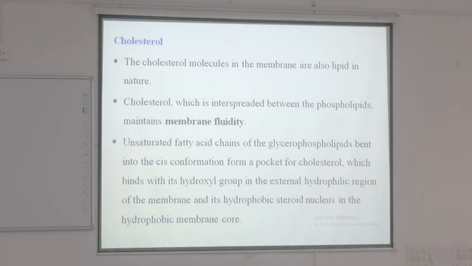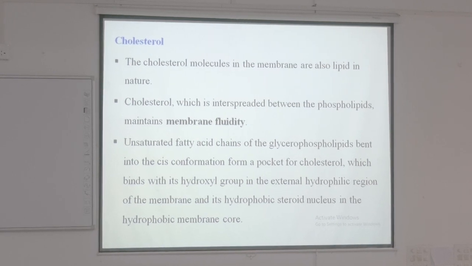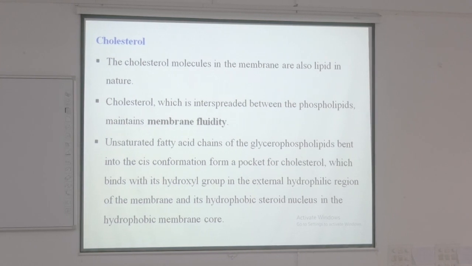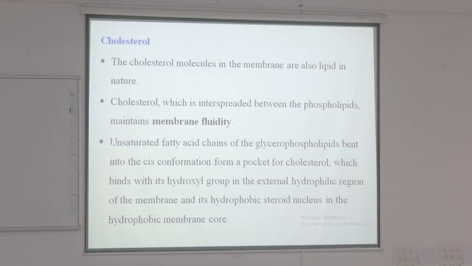Basically, there are two types of fatty acids present in the cell: one is saturated and the second is unsaturated, on the basis of the bonds present. In the unsaturated, there are double or triple bonds in these fatty acids. In the saturated, single bonds are present, so on the basis of the bonds it can make flexibility and membrane fluidity. This question is asked in your exam, also in PG: which biomolecule maintains the fluidity of the membrane? That is cholesterol.